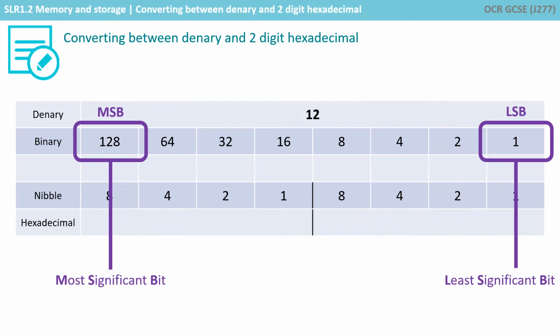The leftmost bit in any representation is known as the most significant bit, the MSB. And that's of course because if we have a 1 in that far left hand column, it's representing 128. It's the most significant one we have. It's representing the biggest value. On the flip side, the one on the far right hand side is the least significant bit, because a binary 1 in this column represents literally the value 1. So that's LSB and MSB, and they're always found in the right and the left hand positions.